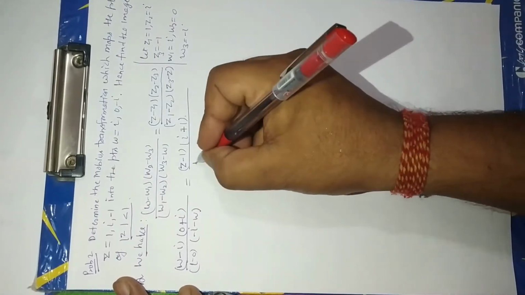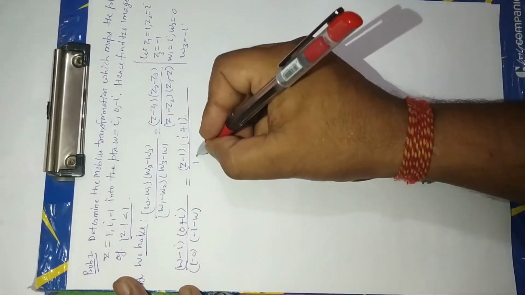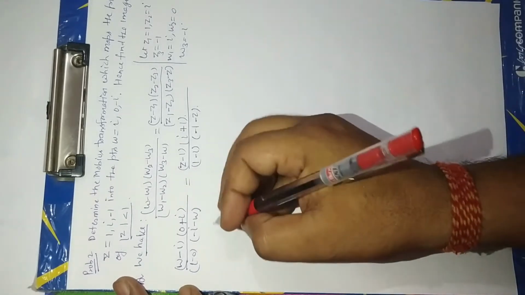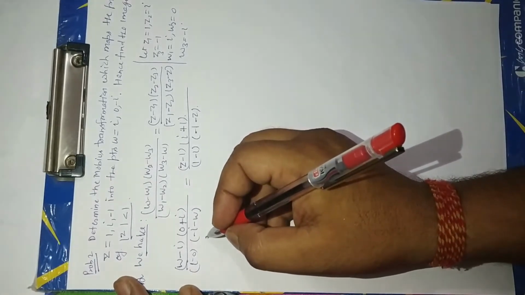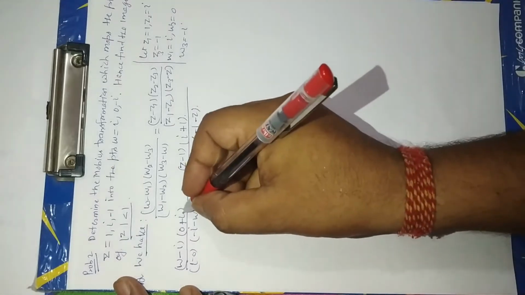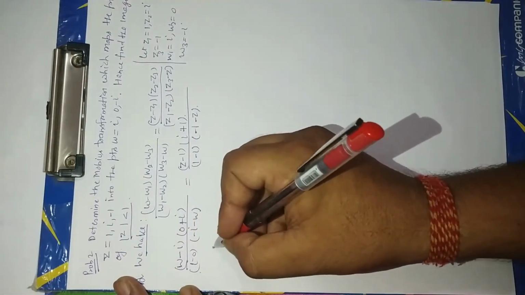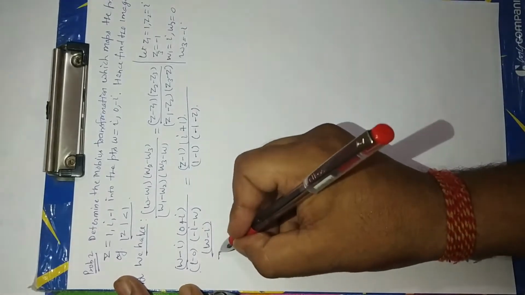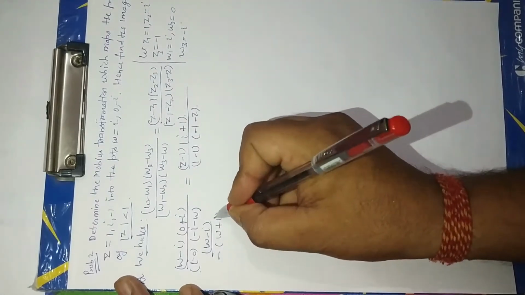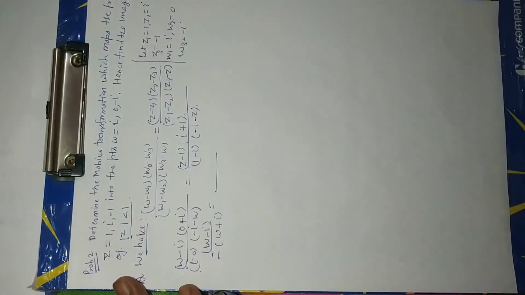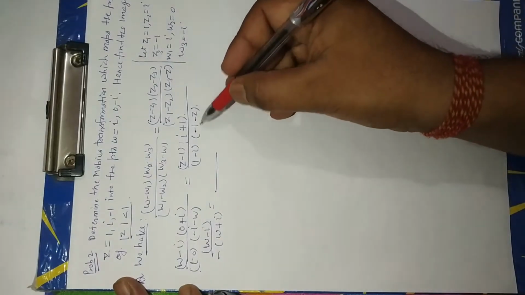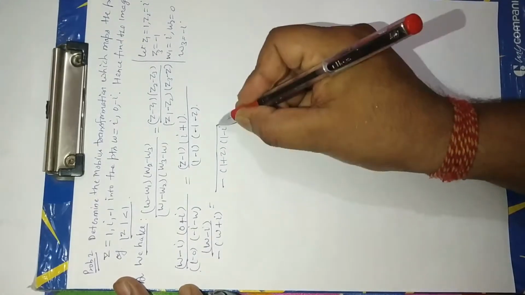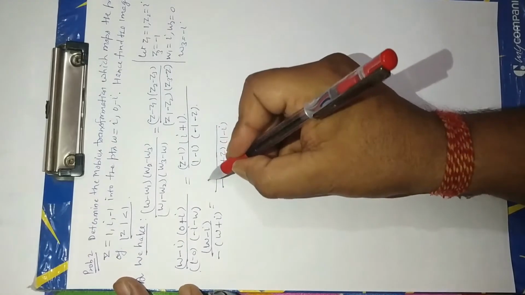Now i cancels by i, (w - i) upon (minus w plus i), this is equal to, now minus common, (1 plus z)(1 minus i), this is equal to (z minus 1)